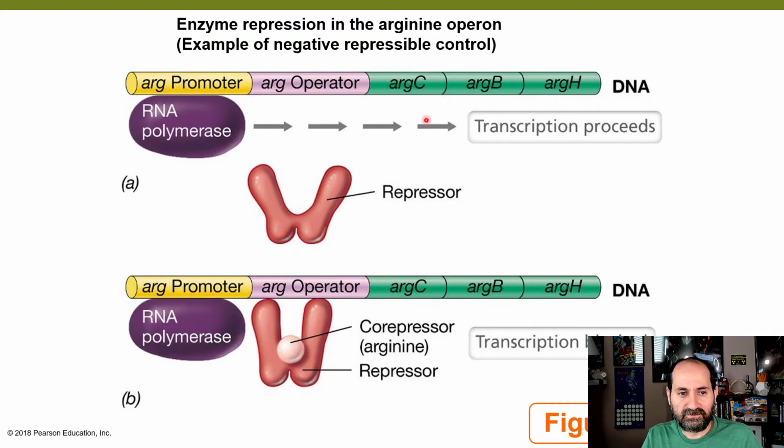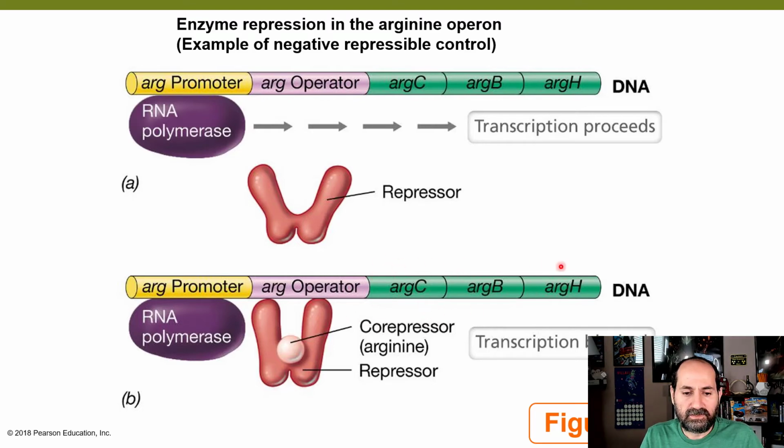These enzymes are required for the biosynthesis of arginine, and so you can make arginine. Now, if I were to spike in arginine, if I were to add arginine to the system, arginine is a co-repressor. Arginine itself can bind to this repressor, activating the repressor. The repressor binds to the arginine operator, or the ARG operator, and now it gets in the way of and blocks RNA polymerase. RNA polymerase can no longer express this gene, and so no more production